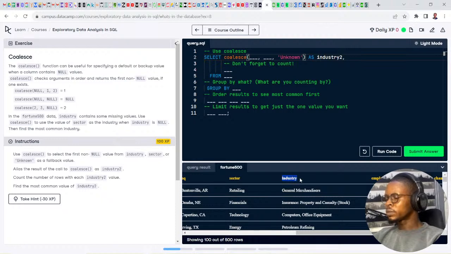When it checks the row for industry and it is null, then we are going to use the sector, and unknown as the last fallback, as industry2. Don't forget to count. Alias the result as industry2. That has been done for us.